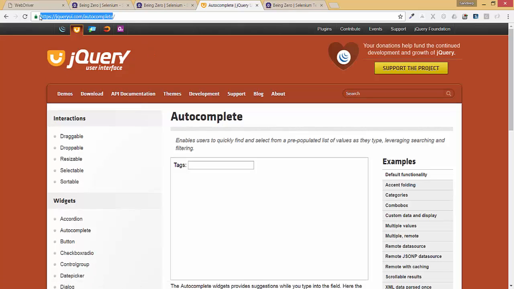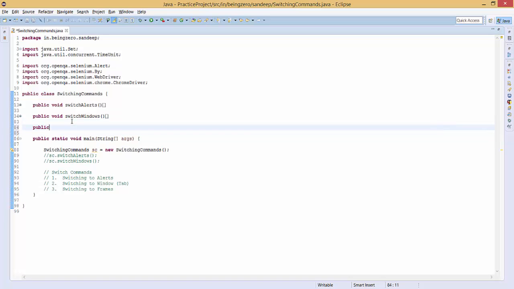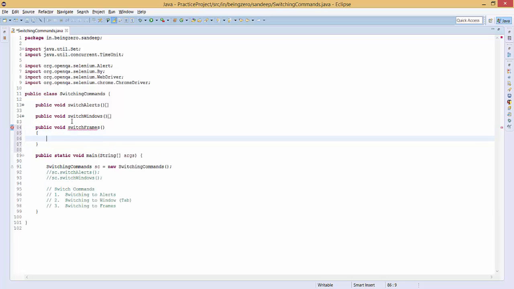go to this page, then we will go to tags and we will type some text. So we will say test. This is the simple thing that we want to achieve. Just open the browser, go to this URL, type test here, and we are very well aware of how to do these things. So we say public void switchFrames, and let's go and put things here,